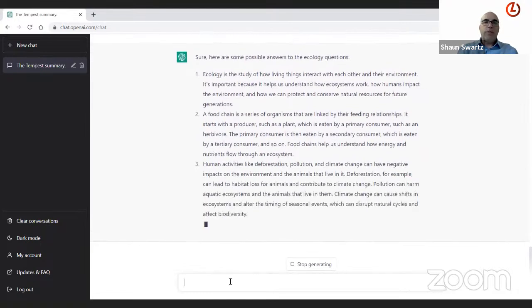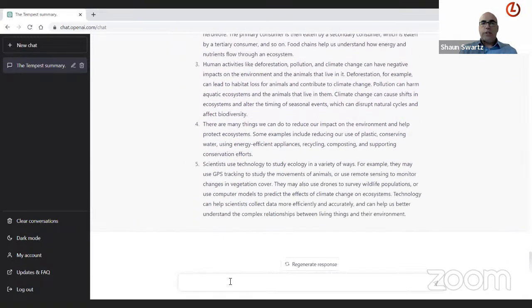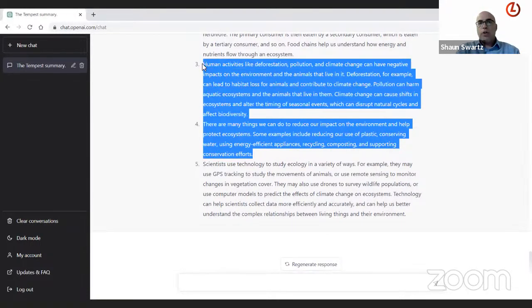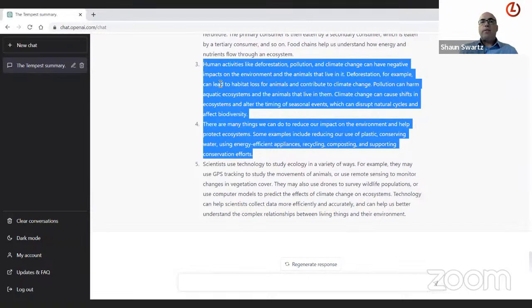And the beauty of ChatGPT, when you're creating these types of worksheets, is that it's really easy to use the information. And how do you do that? Well, you can simply go here and highlight what it is that you're looking for, and you can choose to copy it and paste it into a Word document or Google Doc document that you're using, and continue creating the worksheets. We've used it a lot to actually create learning material as well, not just the worksheets.